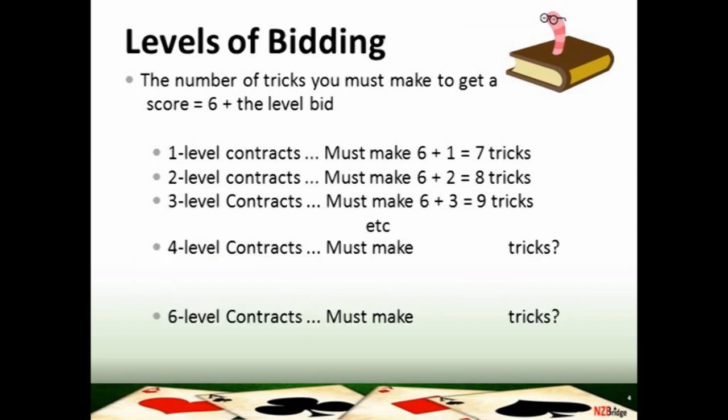So if you're in a 4-level contract, let's say you've reached 4 spades, so spades is the trump suit and you're up at the 4 level, how many tricks will you need to make to fulfill your contract? That's right, you're going to start with that base of 6 and you're up at the 4 level. 6 plus 4 means you're going to need to make 10 out of the available 13 tricks to make your